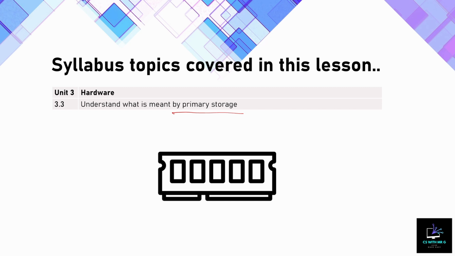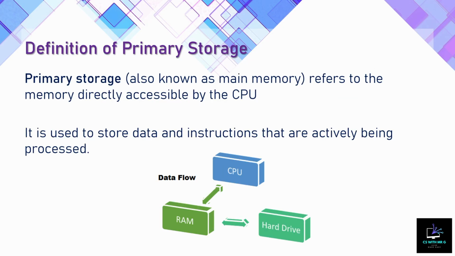not secondary. So by now, my students tend to have a little bit of knowledge about parts inside of a computer, which includes the basics such as RAM, ROM, the hard drive, SSD drives. But if you haven't, I'll try my best to explain from the absolute bottom as if you don't know what the devices are already. So first and foremost, the definition of primary storage is a type of storage or memory